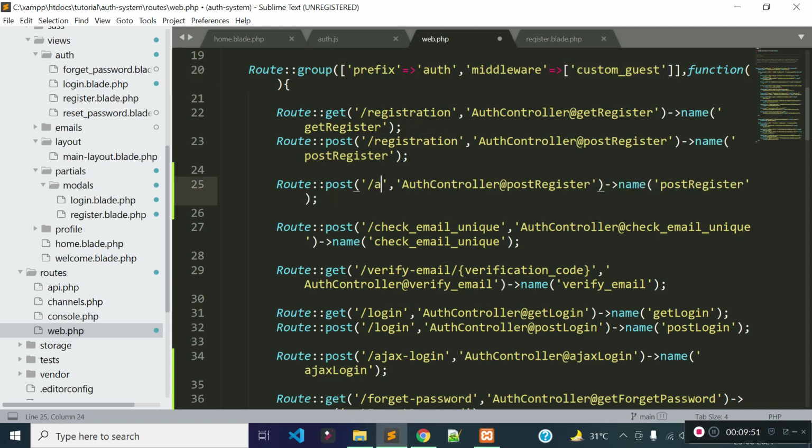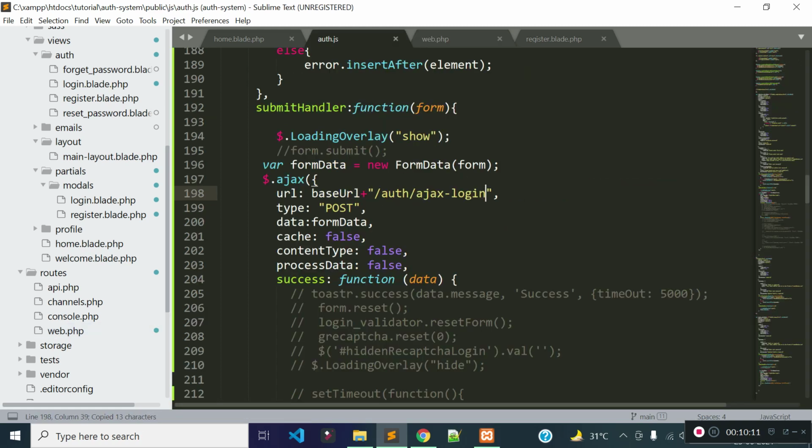So the URL will be ajax-register, and it will execute the ajaxRegister method of AuthController. The ajaxRegister method is not present in our AuthController. I need to create it, right? So first of all, let's provide the exact URL here. This should be auth and then ajax-register.